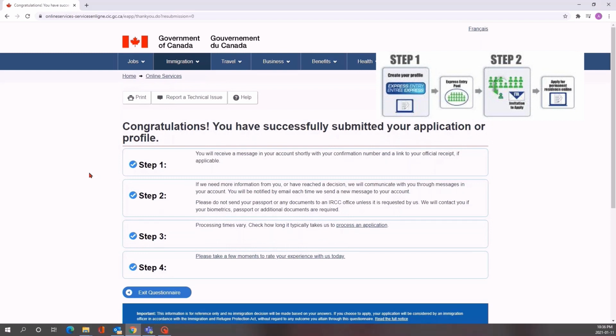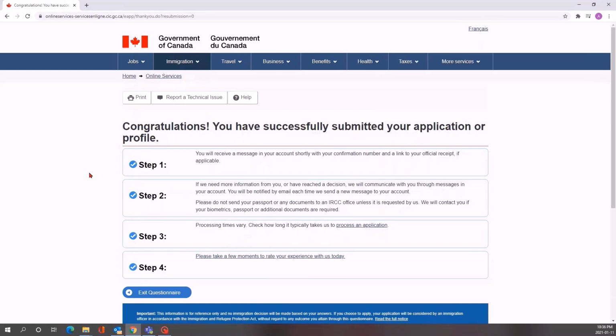Then you will receive the ITA and then you can submit your documents for Express Entry. One important thing is you can modify your profile anytime you want. If you have any changes in your language score or work experience, you can change your profile anytime, and you will receive a message in your account shortly with a confirmation number and a link to your official receipt.